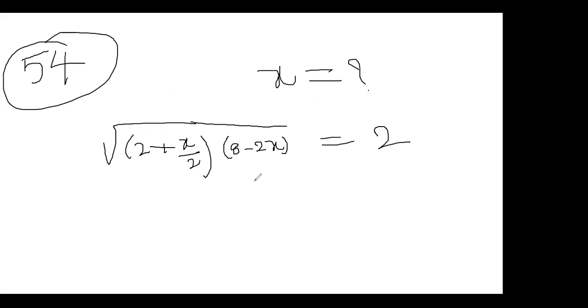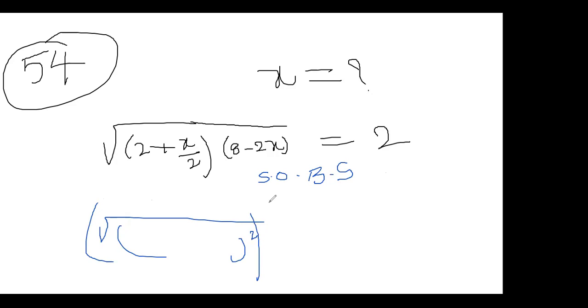Okay, sure. Then what to do? The first step is to square on both sides. You have to apply the square on both the sides. Then what happens? Under root of, this is the same term that is there in the numerator, so the square applies to it. The whole square is equal to 2 square. In both sides I am applying the square. Then what happens? This root and square cancel, and here, I will write in the next paper.